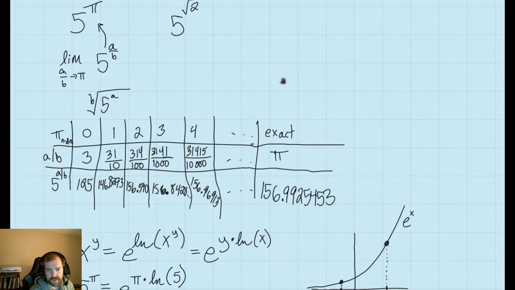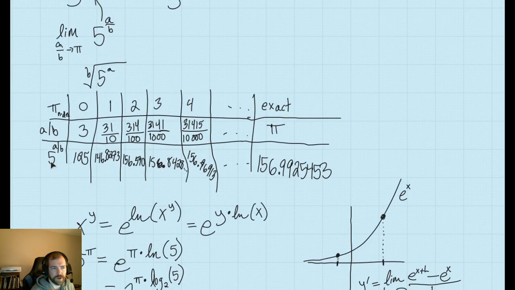So we did some poking around and said, okay, what's a over b accurate to this many decimal places of pi? So we did 1 through 4. And we got here 4 decimal places of pi. It's going to get you 31,415 divided by 10,000, and it gets you a value of 156.96913. And the exact actual value for 5 to the pi is going to be